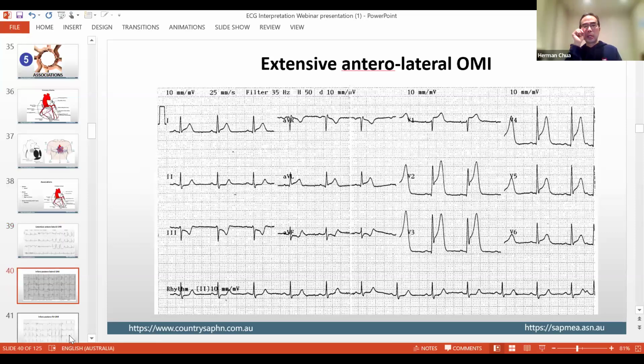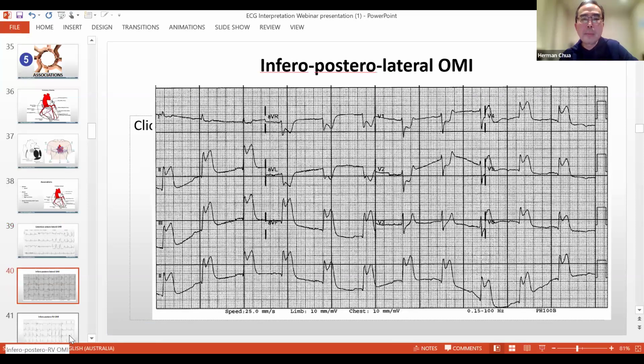And so, this is another example, and in this case, it's actually an inferior infarct. Remember, what are the inferior leads? They are leads 2, 3, and AVF, okay? And basically, massive elevation there, right? This is in excess of 7-8 millimeters, right? Okay, and notice that there is actually a reciprocal change in